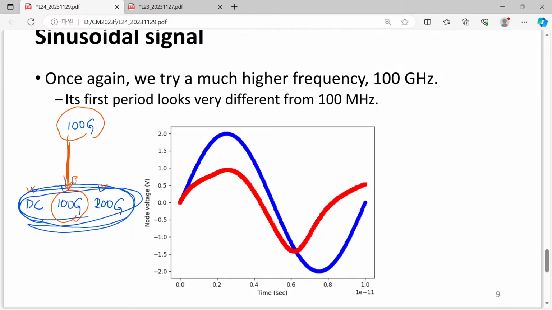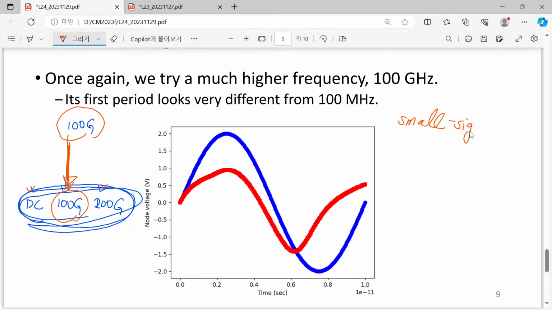This can be covered in our 2 remaining lectures. So that is related with our so-called small signal analysis, or sometimes people call it AC analysis, and